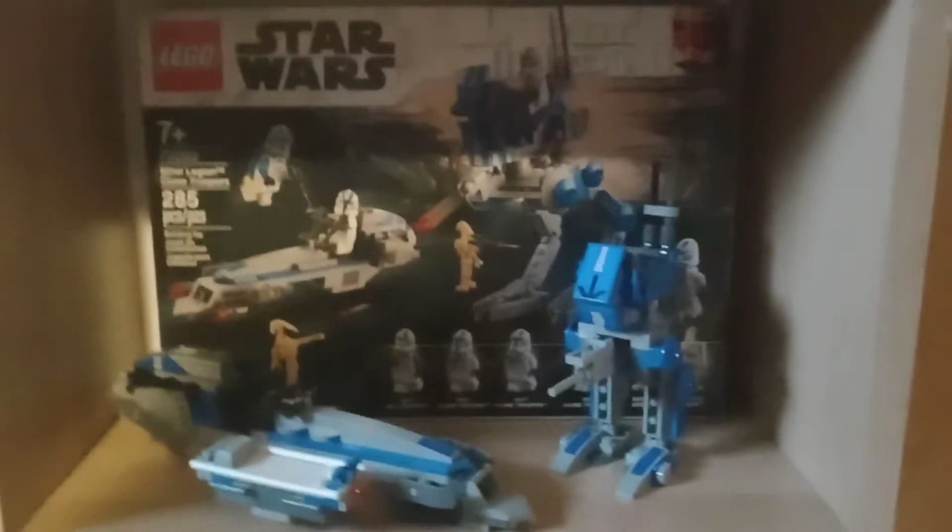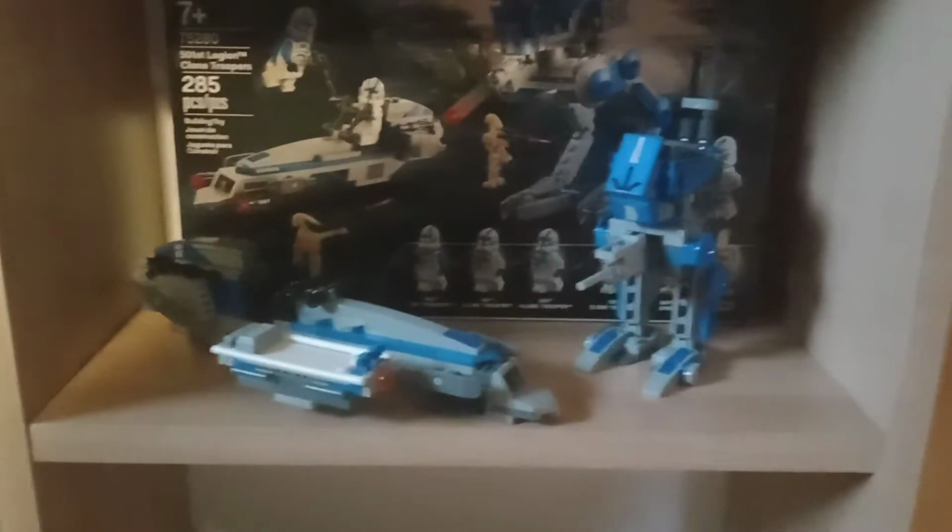Here we have my Lego Star Wars display cabinet, specifically for smaller things like the 501st Battle Pack, the Imperial Marauder, the Brickheads, you know, all that stuff. Which, as you can see, I have my 501st Battle Pack box and my custom 501st Battle Pack. If you guys want to see a tutorial on that, let's get to...